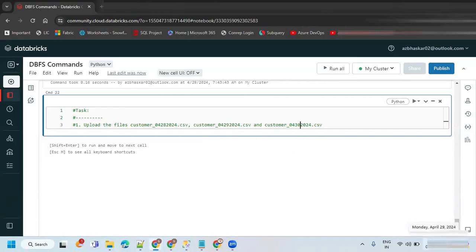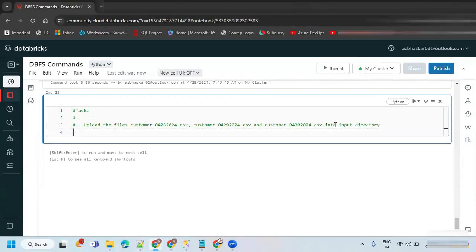Since I'm having a 29 here, I'm taking the current day file, the previous day file and the next day file. So 3 files I wanted to upload into the input directory. Then copy the data from the current day file.